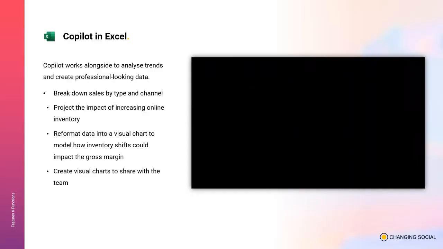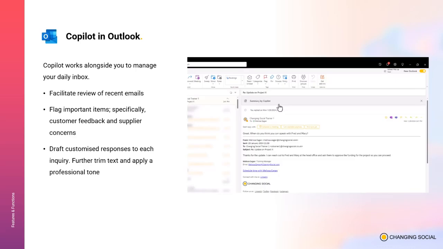You should be able to see from these videos just how using Copilot has the potential to revolutionize your productivity, the ways that you're working, the speed that you can get things done. By telling Copilot exactly what you need it to do, it can perform those tasks for you. When it comes to Outlook, integration means that emails are drafted with precision, meeting invites are sent with added context, and you've just got a more efficient communication experience. Copilot's ensuring that your messages are hitting the mark every time.